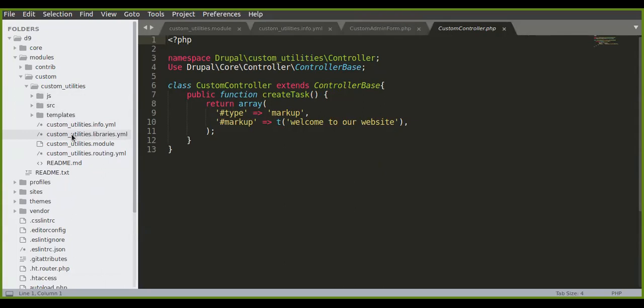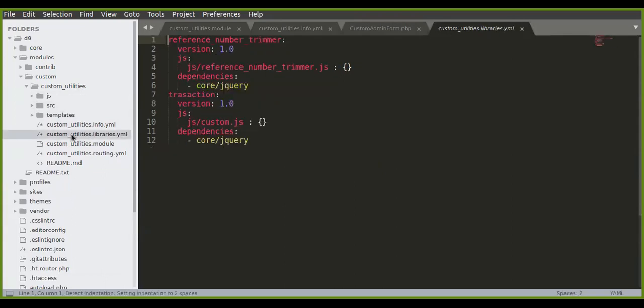Next we move on to the .libraries.yml. Why do we need .libraries.yml? Whenever we construct a page, we need some CSS and JavaScript only for this particular module's functionality, right? We should not put it on all pages. We can enable it only for this module's functionality.